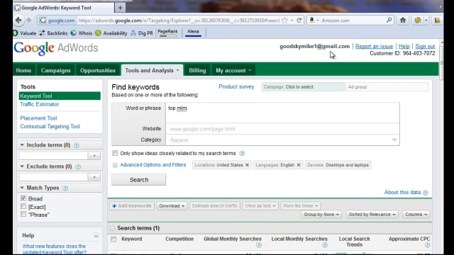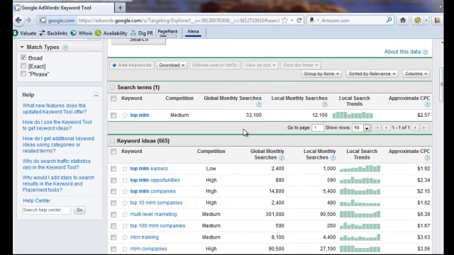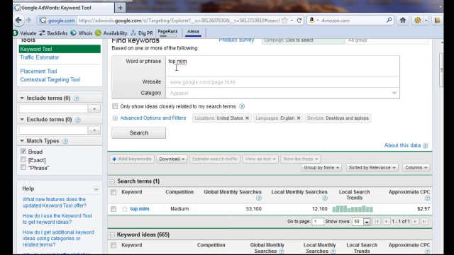I think you still have to pay $5 to start the whole process. But Google gives you these wonderful tools that'll let you analyze what some of the top keywords are that you should be going after as far as traffic. And then your entire article will be based around that keyword.